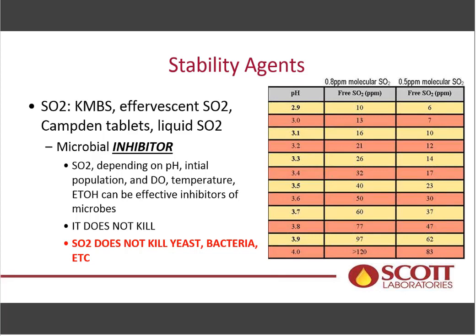Even at a professional level that a lot of us are operating at, there's still some misconceptions about SO2. So the chart on the right hand of the screen correlates the free SO2 that you need at a given pH to achieve proper molecular SO2. So at the top it says 0.8 ppm molecular SO2 and 0.5. Generally speaking,